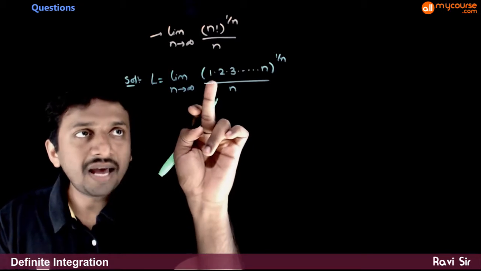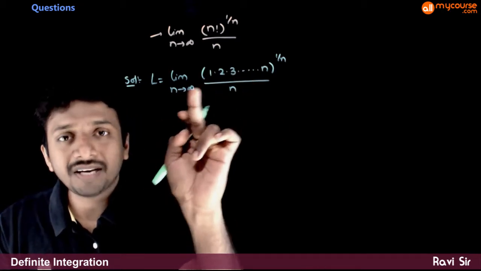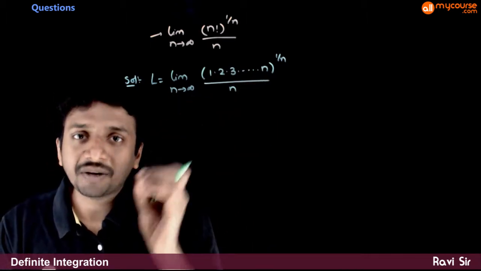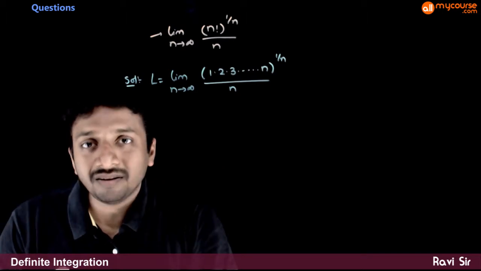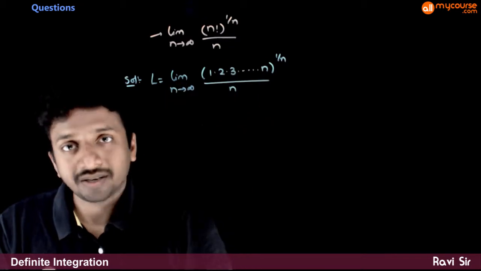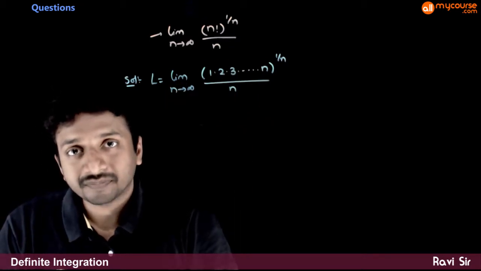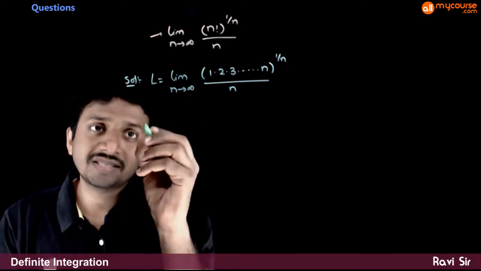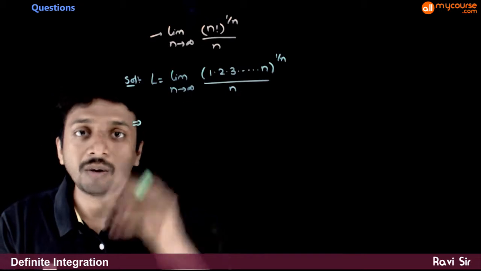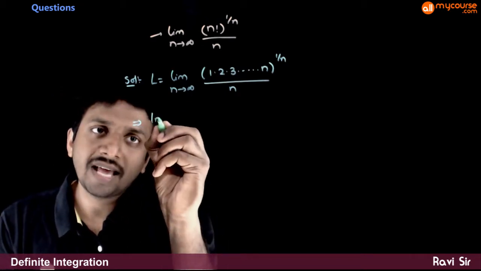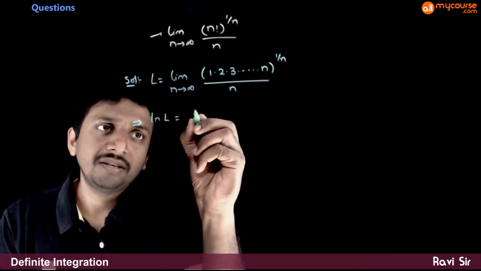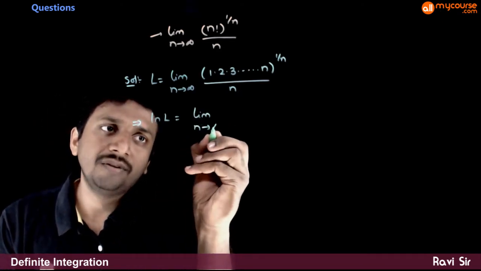As you can see, you have a product of infinite number of numbers. As n tends to infinity, this n factorial has a product of infinite different numbers. So I want to convert this product into a sum. What I can do in this question is apply log on both sides. So what is ln of L? If I apply natural logarithm on both sides, you get limit n tends to infinity